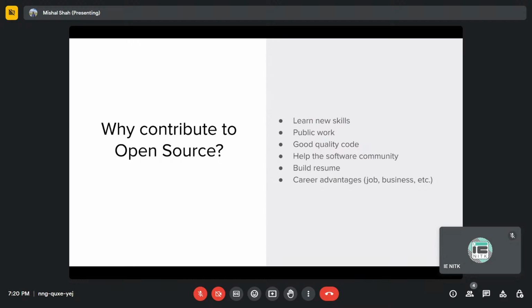So people might have questions like, why do I contribute to open source? Is there any benefit to me in life? And we humans are made that way, that we always want some benefit out of it, and that is completely fine, nothing wrong there. So yeah, some of the benefits are that you learn skills. Skills does not just mean technical, even soft skills.